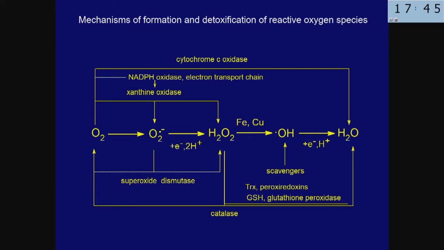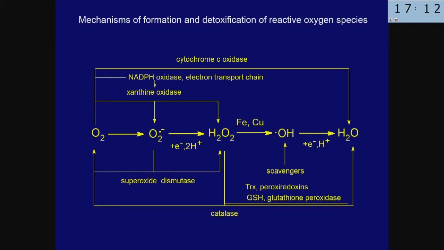So these are some of the ideas. There is a continuous consumption of oxygen to water by the cytochrome oxidase. This is a tetra-electron reduction process without release of any partially reduced intermediate. So the cytochrome oxidase doesn't release any oxygen until it's completely reduced to water, but there is a certain amount of electrons that leak out to molecular oxygen to form superoxide radicals and hydrogen peroxide, that then are catabolized by different